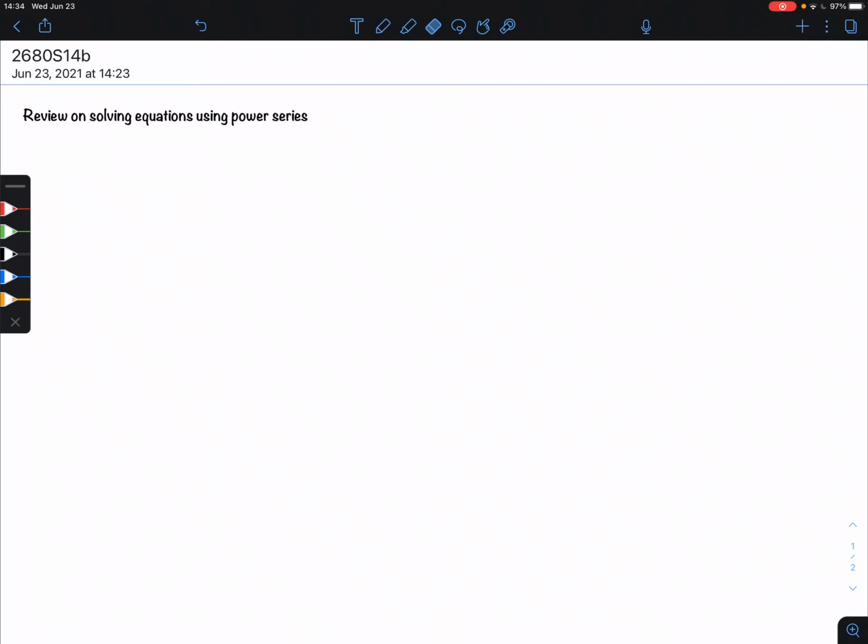Hello everyone. I want to go over a quick review on chapter 7, which was solving equations using power series. Part of chapter 7 was also Euler equations, but that didn't have anything to do with power series, at least the part that we did, and I already reviewed that in the previous review lecture on second order equations. So for the power series